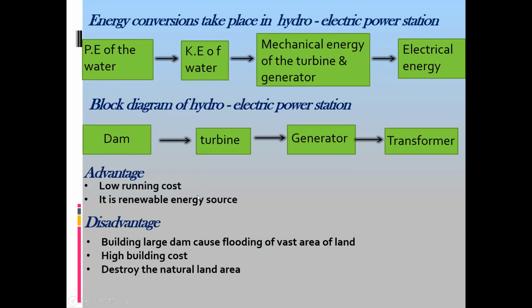High building cost. Why high building cost? Because you have to build the wall, and it is difficult to build the wall in water. So that's why it has a high building cost, and it destroys the natural land area. Because first, if there was a river flowing, it had a small width. But when you create a wall or a dam,